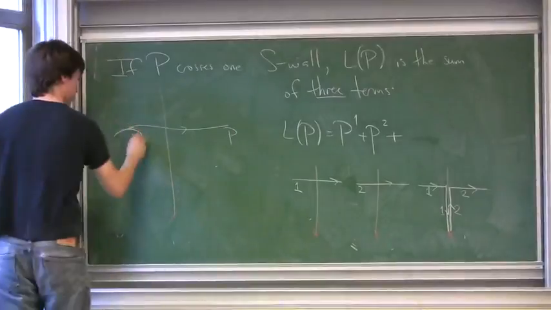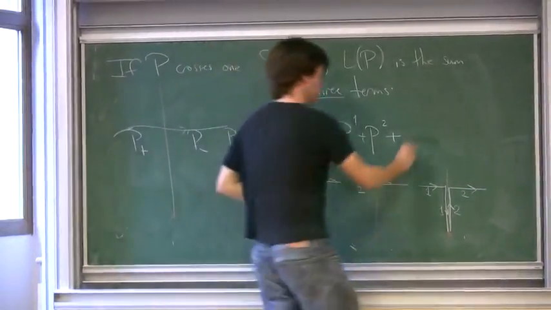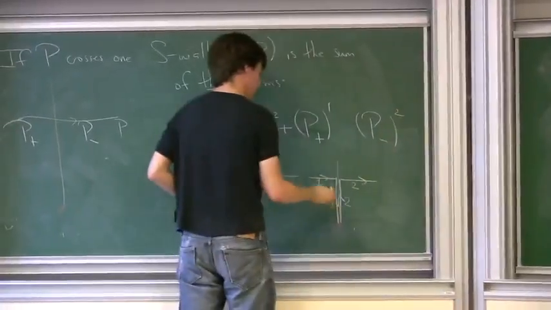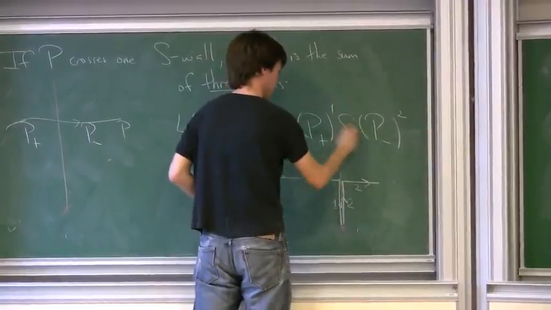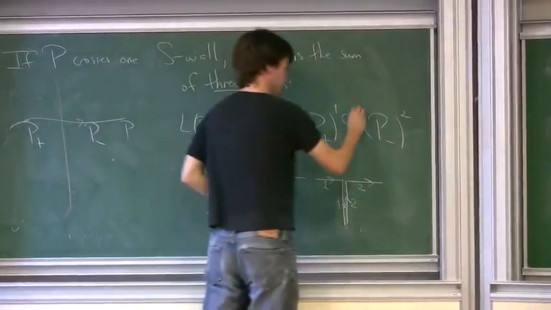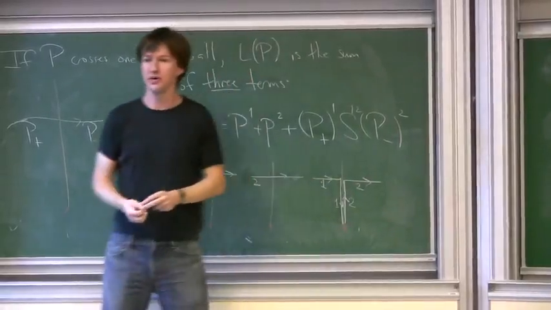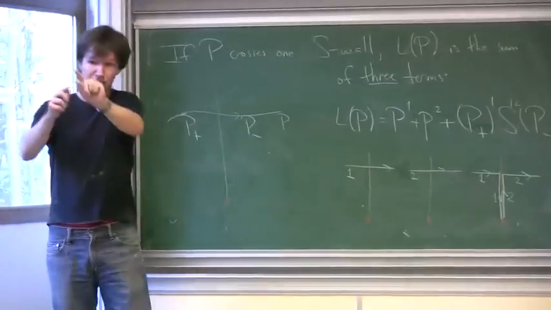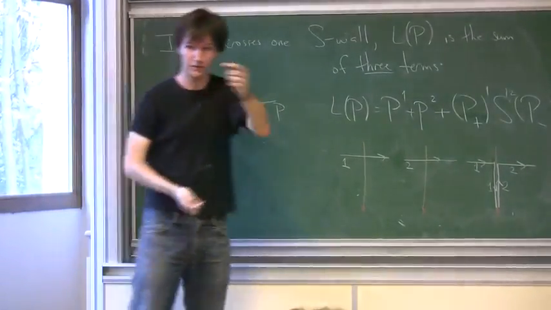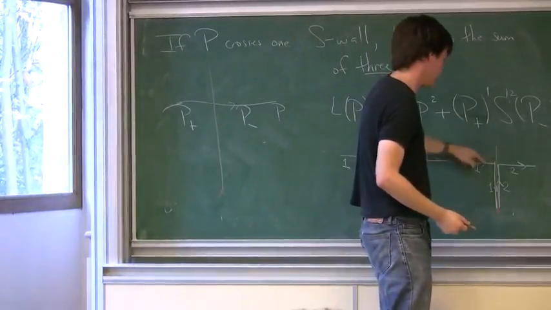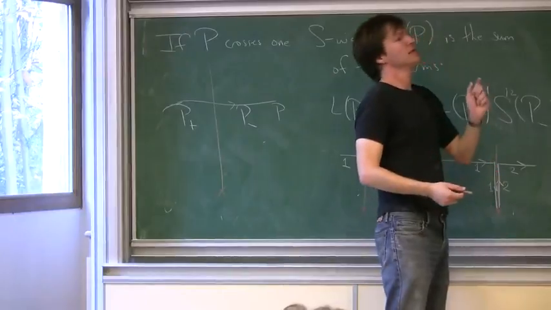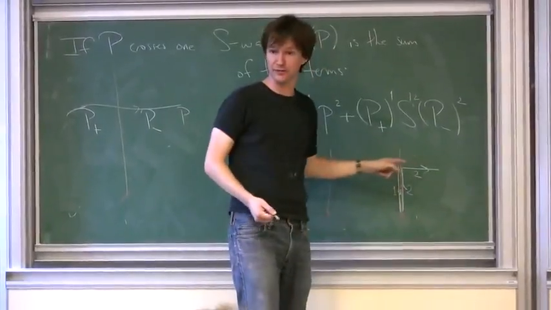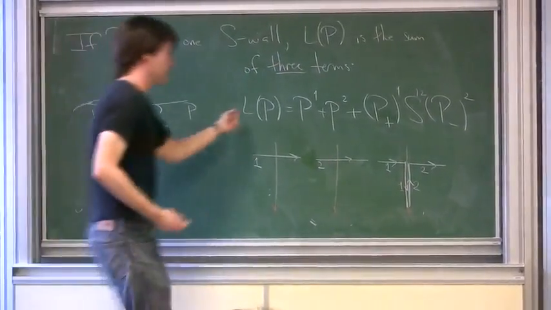If I divide the original path into P plus and P minus, then what this one is, P plus 1, P minus 2, and then in the middle there's a path associated with the S-wall, which I'll write as S1,2. Now you might say, how come it went from 1 to 2 and not from 2 to 1? That's determined by the orientation of this S-wall. The S-wall, when it's lifted up to the cover, actually has a natural orientation given by the 1-form there. And so the rule is that this thing is only allowed to go, I think, when it is opposed to the orientation of the S-wall. Anyway, there's some definite rule that fixes one or the other. So this is going to be my thing. So now I've changed